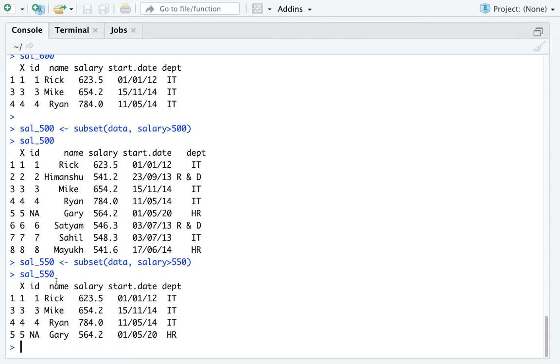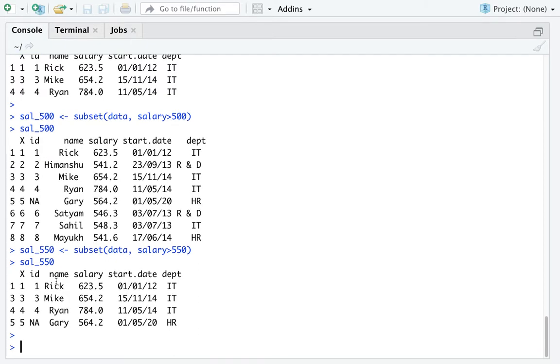Now I basically want to see who are having a salary of more than 550 or 540 and who are there in the R&D department. So how many people are there from the IT department or the R&D department having a salary more than 540? Okay, so I will be saying it something for the salary of 540. Now I'll check for my subset,